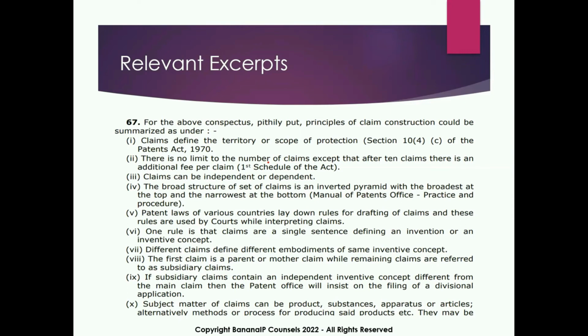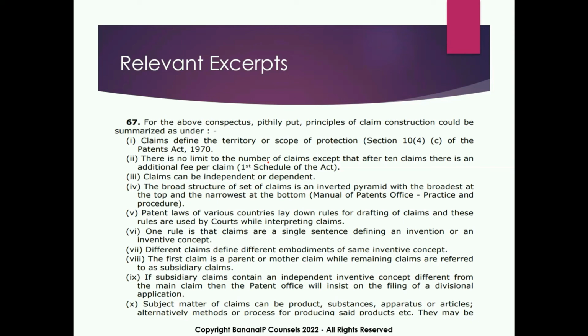The first claim is a parent or mother claim, while the remaining claims are referred to as subsidiary claims. So the first claim will always be an independent claim, which will be the parent claim or the mother claim, while the rest of the claims can be dependent claims or multiple dependent claims. If subsidiary claims contain an independent inventive concept different from the main claim, then the patent office will insist on filing a divisional application. So it is important to note that there should be only a single inventive concept. If there are multiple different inventive concepts in a single patent application, then either the patent office will insist on filing a divisional application, or we can decide to differentiate those inventions and file a